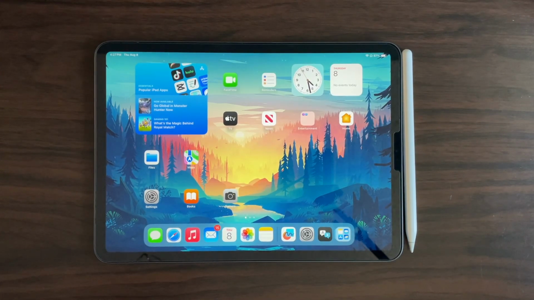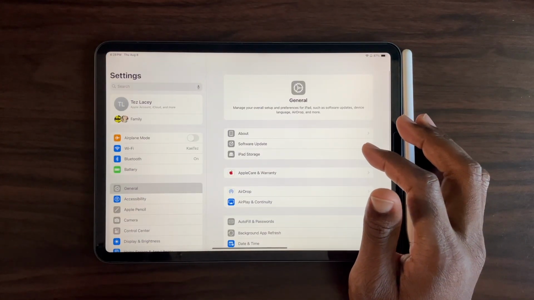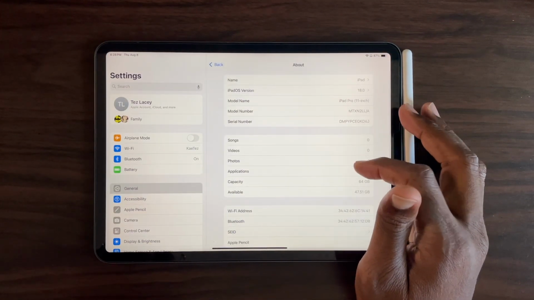This is Tez from Tez and Tech, and today I'm going to be going over 5 new features coming out in iPadOS 18 later this fall, 2 of which are actually brand new applications. So with that said, let's get into the settings, and then I'm going to actually show you that I'm running